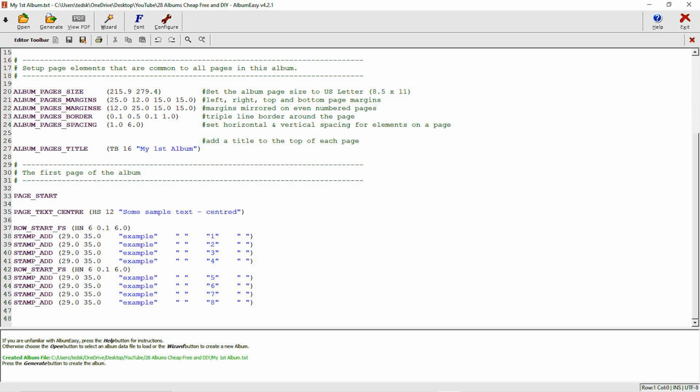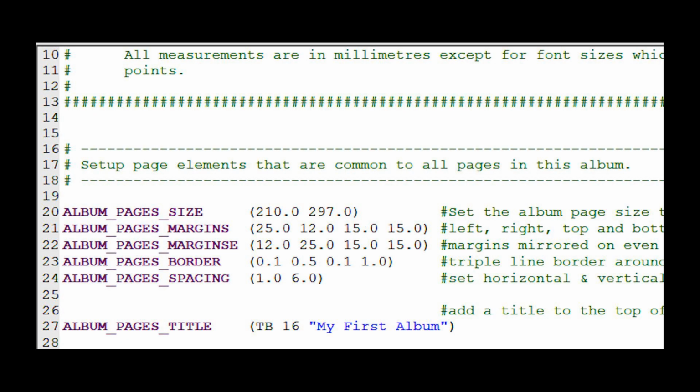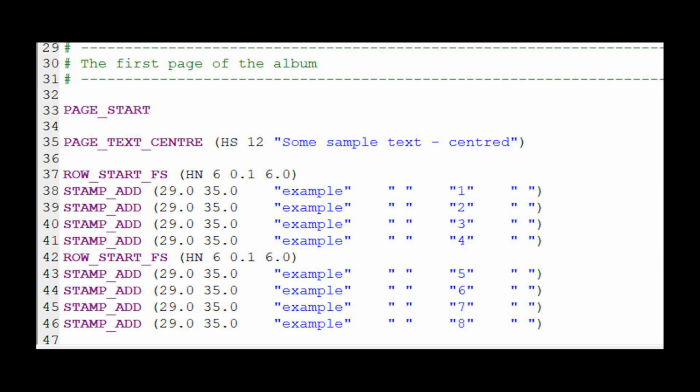Then click Finish. You'll then be presented with this. Uh-oh, yep, it looks like you need to be a computer programmer to use this, doesn't it? But don't worry, it all becomes clear in no time. The top half shows you all the paper size and margin specifications that you entered when you started the program. The lower portion of the page, starting at Page Start, is the text you will enter for the actual layout